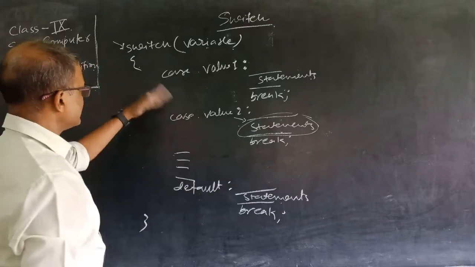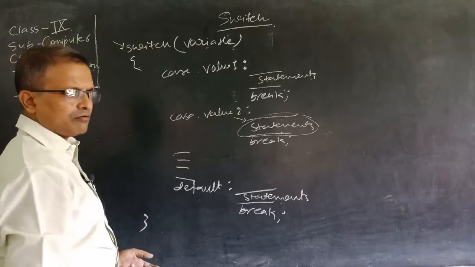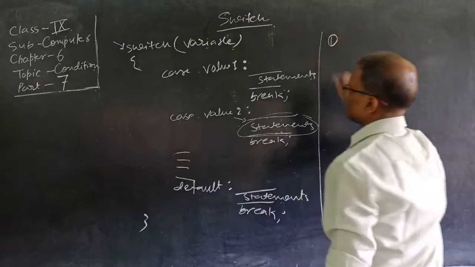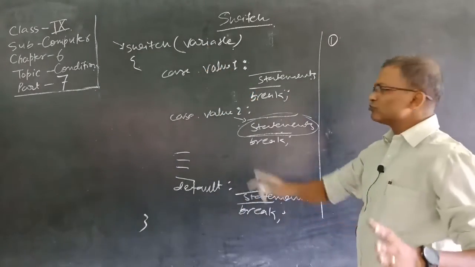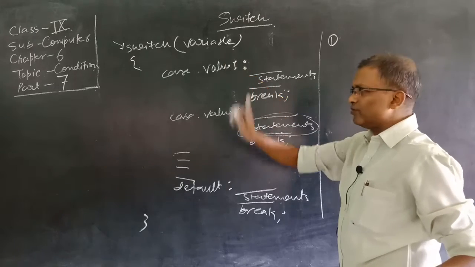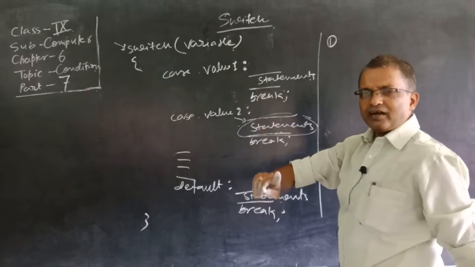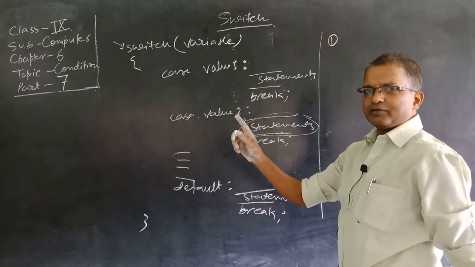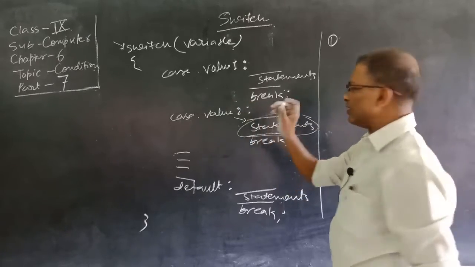But here are some limitations to using the switch statement. First of all, take a screenshot of this section, then I will discuss the limitations. Otherwise, just keep it here. Here is the first limitation. The variable. Here comes a question: what should be the data type of this variable? Always remember, inside a switch statement, only integer type or character type variables can be used. We can't use any boolean or any floating variables.